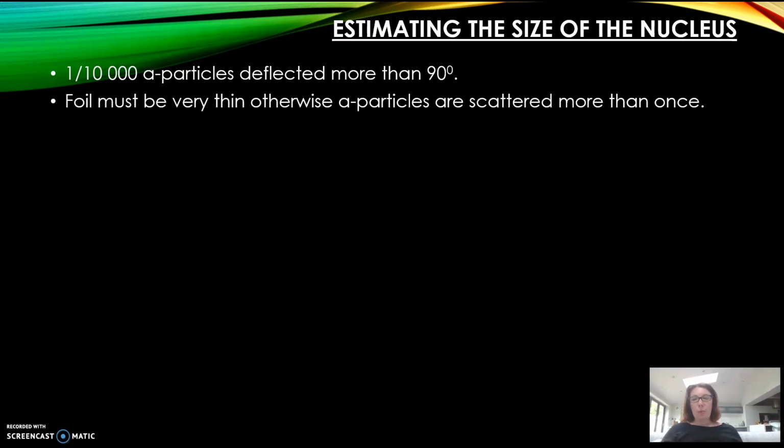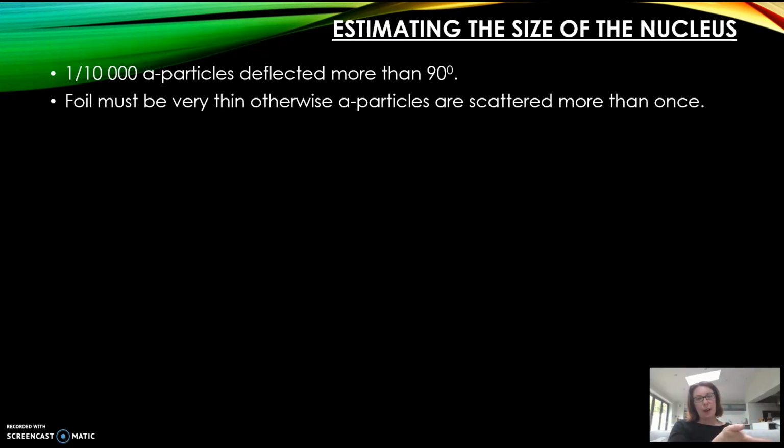So the foil must be very, very thin, otherwise the alpha particles will be scattered more than once. What we're trying to look for, ideally, would be one row of atoms, okay? And then you would know that every alpha particle would be scattered just once. However, you can't do that. So there will be more than one row of atoms. So you might get one that goes straight through the first one, straight through the second one, then hits the